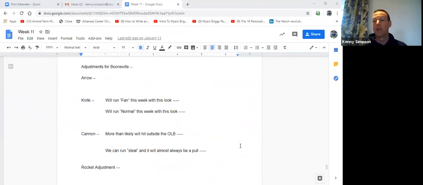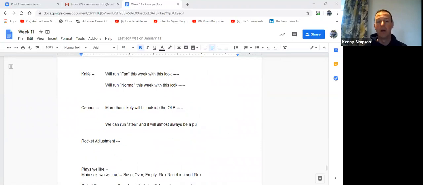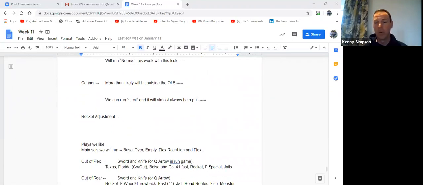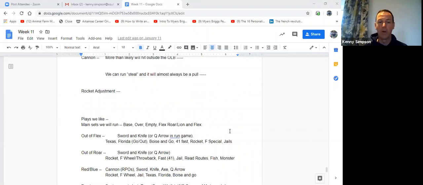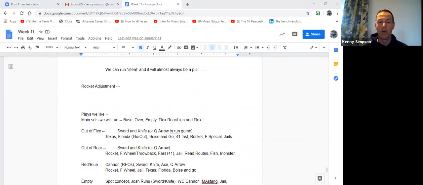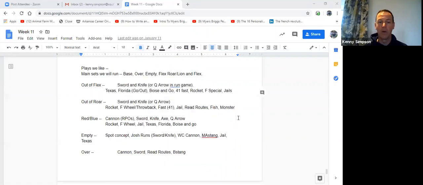Then we'll talk about our adjustments. Okay, so we're going to run arrow, for us that year was jet. And so we're going to run jet. Here's exactly our adjustment we're going to make off of it. We had different plays we're going to put in there. I'll go through there and the main plays we're going to run. If you're off the guard, you're probably not really going to have to read all this stuff, but I want my quarterback to know all of this and my kids that can handle it to have plenty of information.